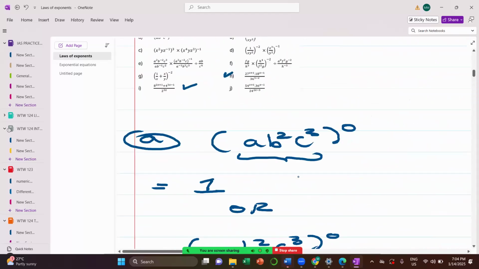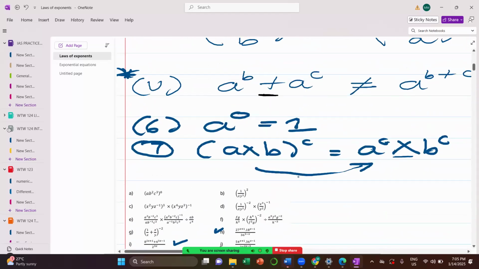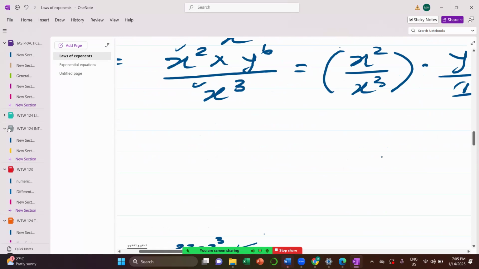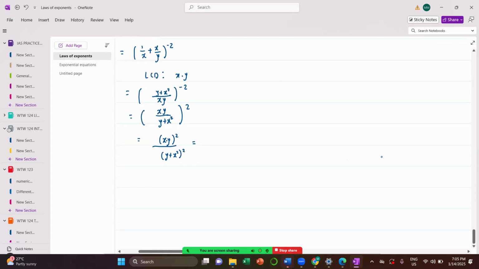We can keep the base and give it the exponent, and take the other base and give it the exponent, and we still have the multiplication sign in between. So we are going to apply that law. This means I'm going to have x to the exponent of 2 times y to the exponent of 2, I still keep the multiplication sign in between, all divided by